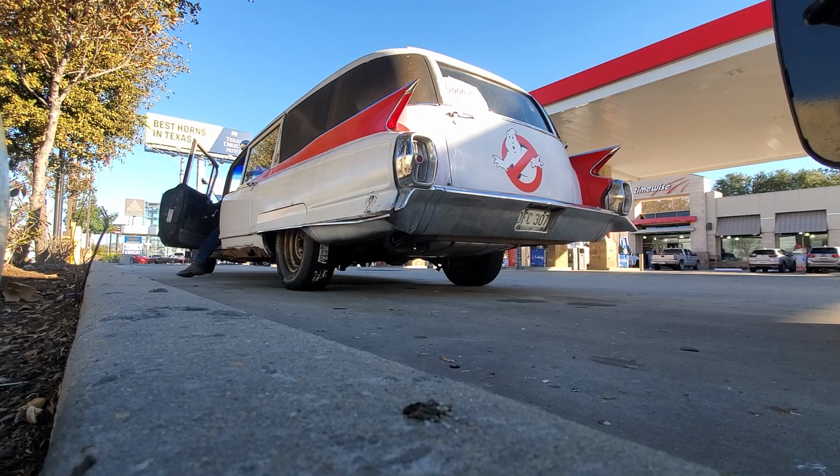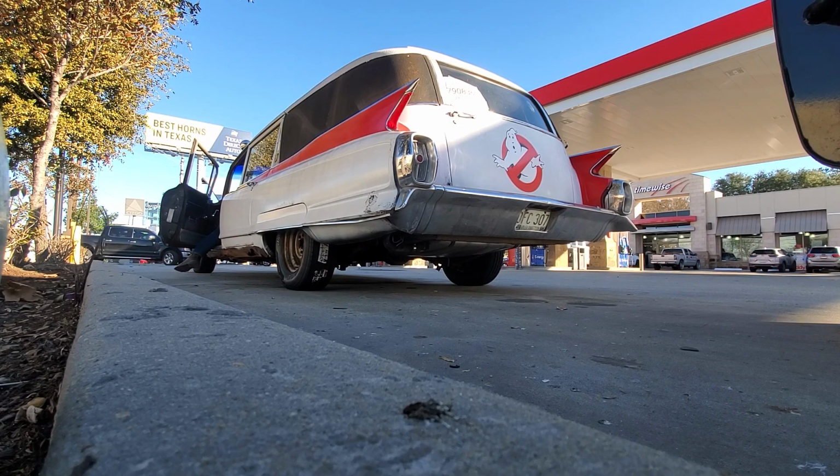Other than that, it's not wanting to shift. It's popping all the time. Like here's an exhaust clip of it, just with any gas. Like you can tell, all the popping. So it's popping really bad. It sounds like there's something wrong with the tune for sure. I don't know what. But right now, I'm just gonna spend the next 30 minutes to an hour waiting on a tow truck to get here, tow back to the shop, and then give up for the...